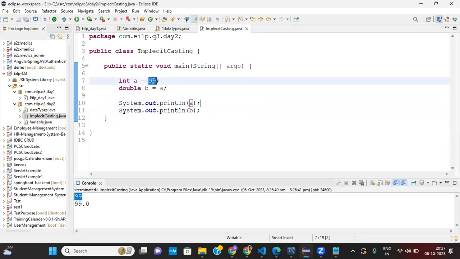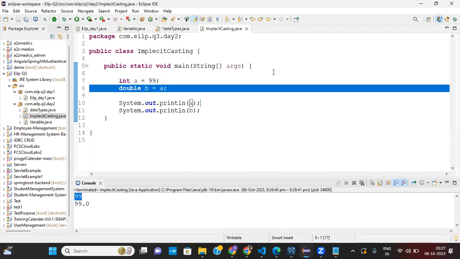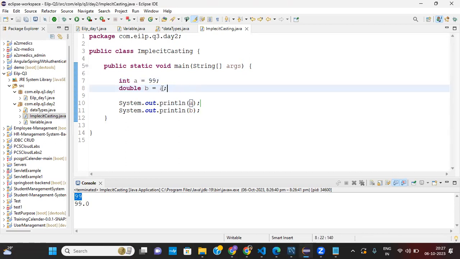Because there is no need of mentioning that we are going to do the double. We are just simply passing the variable a as a value of b, and that makes the conversion.